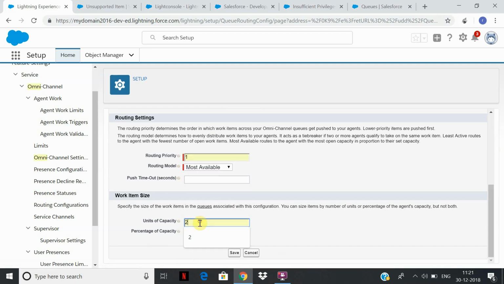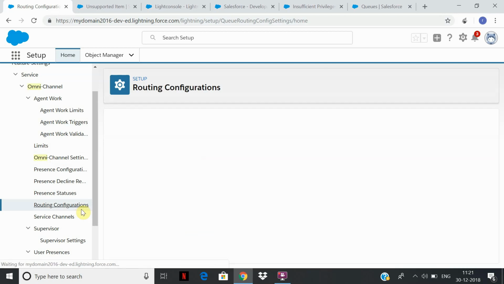Units of capacity is the number of units of worker capacity consumed, you can keep it 2, either as a percentage or a total. So this is important: every time a case is assigned, how much of the total work capacity is removed from the user. How to set the total capacity, we'll see in the other place. First, we need to do the routing configuration.